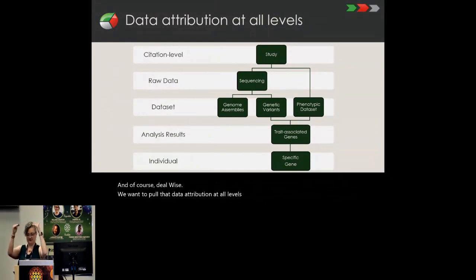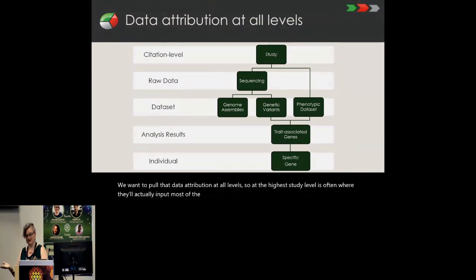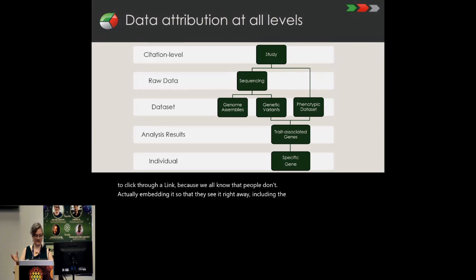We want to pull that data attribution at all levels. So at the highest study level is often where they'll actually input most of the information. So the citation is obviously there. But then we want to pull that through so that anyone downloading raw data that may be associated with that record gets that attribution, both in a pop-up window that they cannot ignore, and depending on the file format actually embedded within the files that are being downloaded. We also want it associated, we're pulling that through and embedding it so they don't have to click through a link, because we all know that people don't. Actually embedding it so that they see it right away, including the license